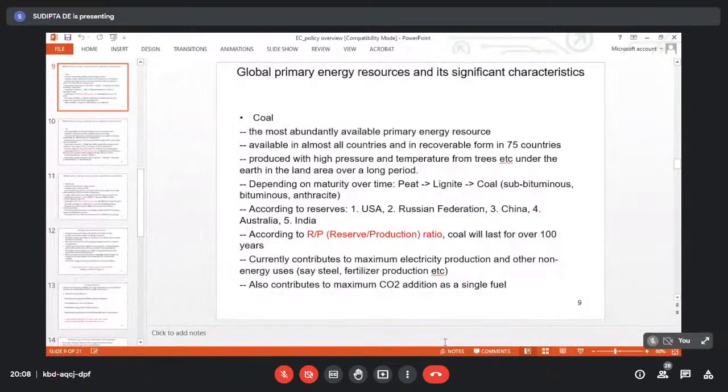So in the last class we had a discussion that whenever you want to go for energy conservation, the existing energy resources are also a very important issue. Based on this, we are trying to find out the three main limited fossil fuel reserves, that means coal, oil, and gas, and see their relative advantages and disadvantages. From that viewpoint, we started with coal.